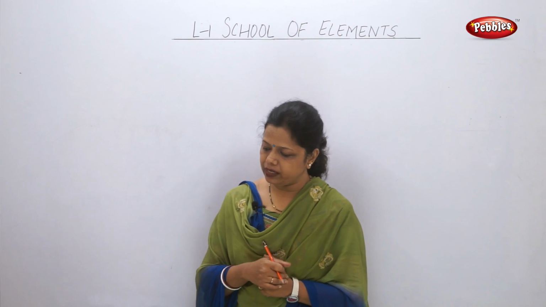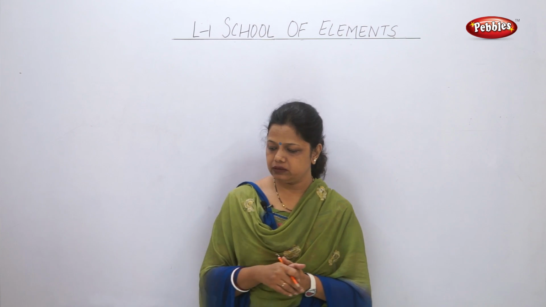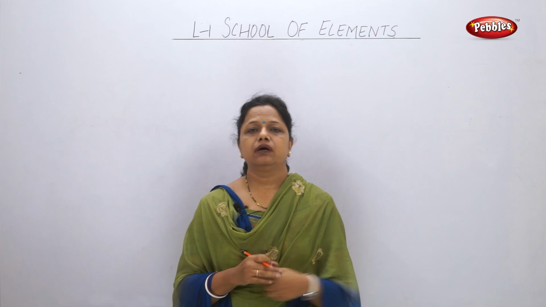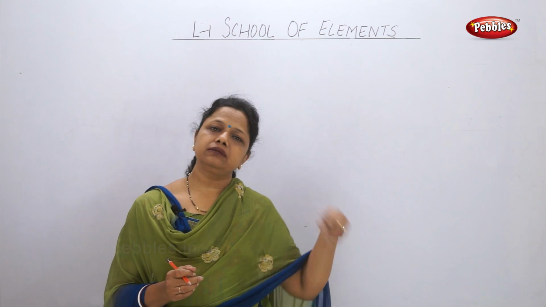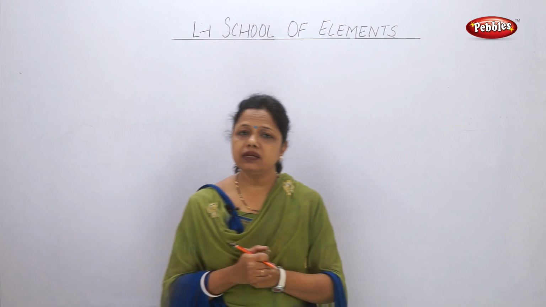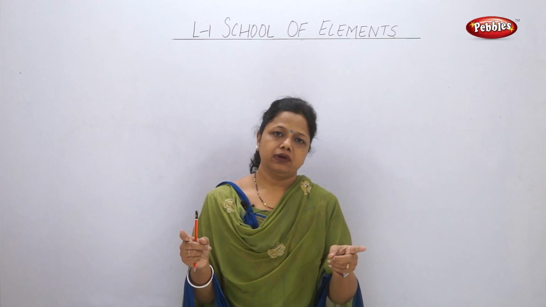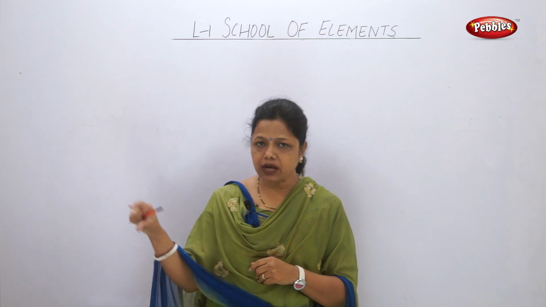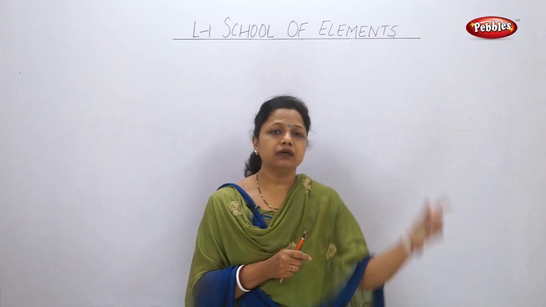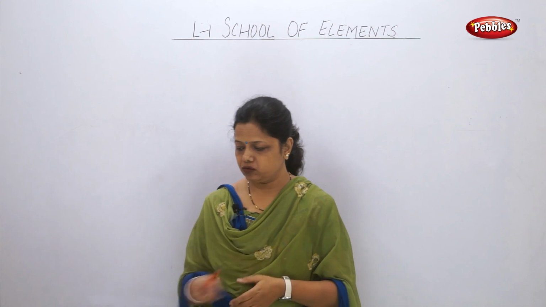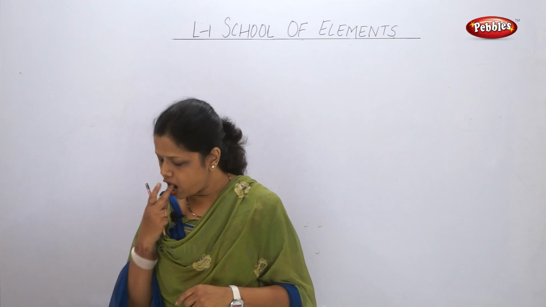Mention 4 types of elements of the periodic table based on the electronic configuration. Now 4 types which we learnt were normal elements, which were placed in first group, second group, 13th to 17th group. Then transition elements which were placed from third group to 12th group. Inner transition elements which were down, actinides and lanthanides. And the inert gases which were present in the last group, that is the 18th group. So these are the 4 types of elements which we studied during the modern periodic table.